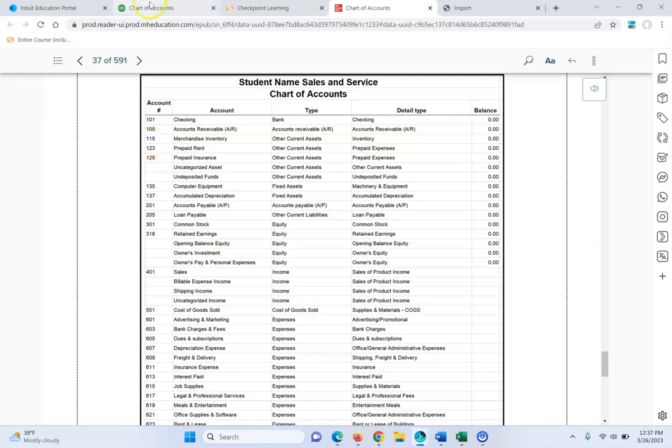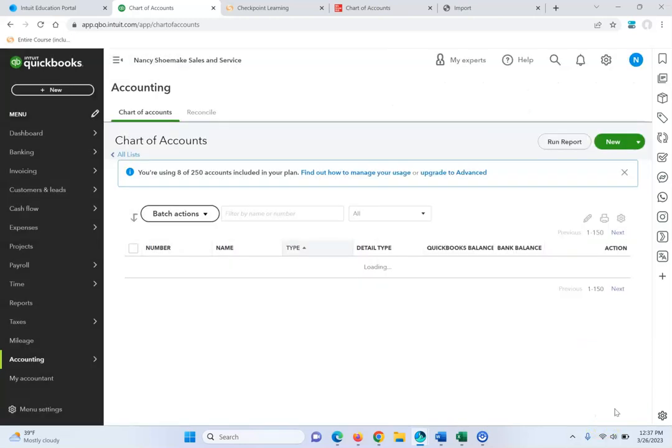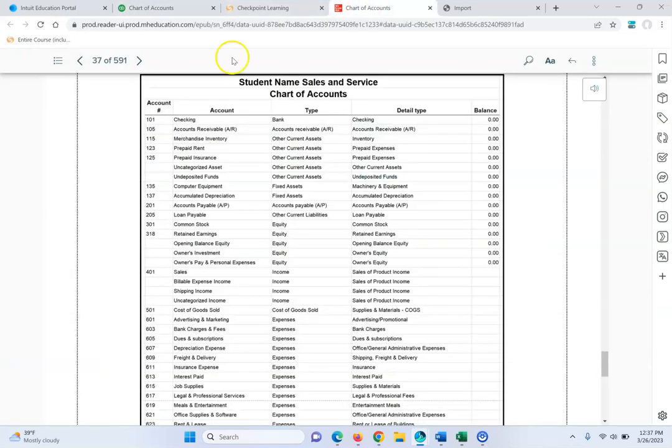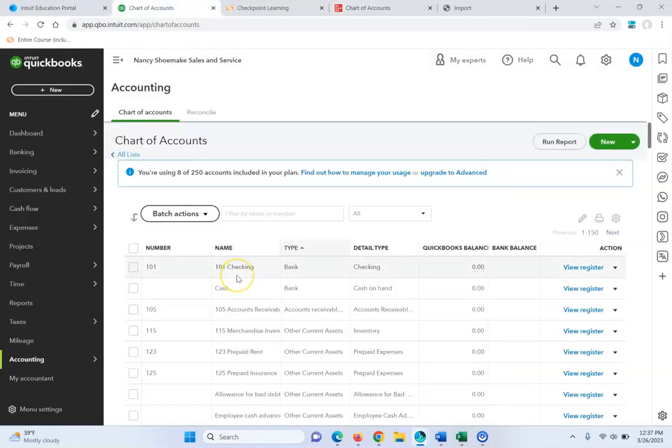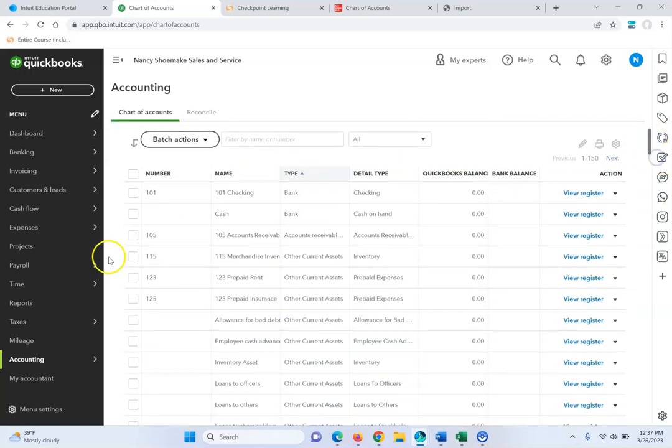and that account is 115. Okay. Then I'm going to look and see prepaid rent. I believe we already did that. Prepaid insurance is going to be 125. Prepaid rent, we have prepaid insurance in here, 125. We also show